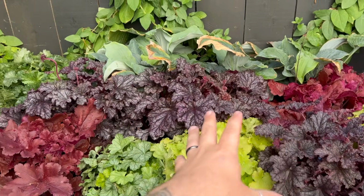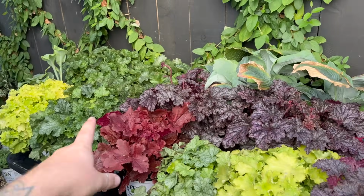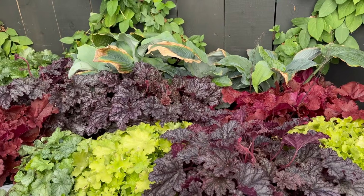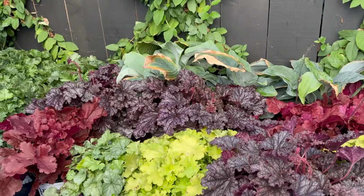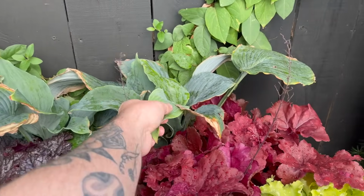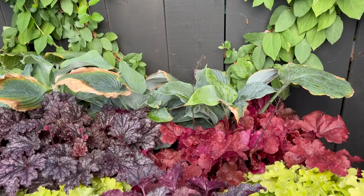And I thought that this would be so cool, literally kind of laid out just like this. Maybe putting one of these purple ones back here, kind of like just a cool drift of color and vibrance and just yumminess. And then I've got some heucheras. They have a tiny bit of burn. But honestly, like all...